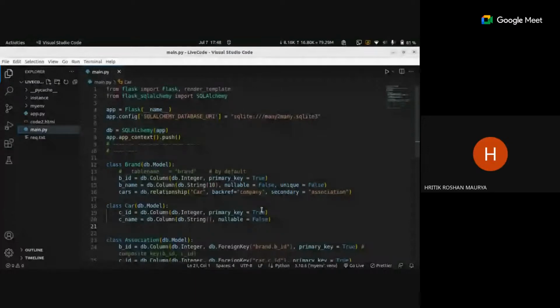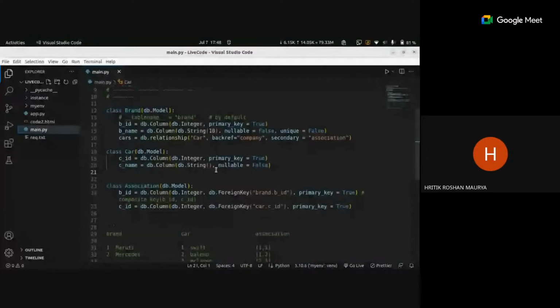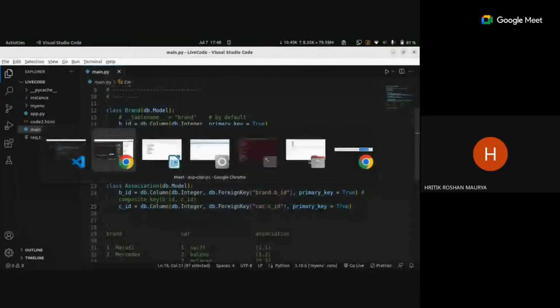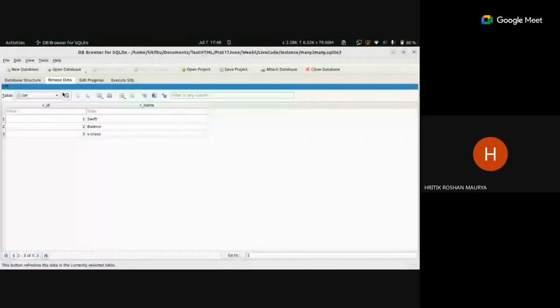Is there any mistake in these lines, this association table? No, so directly we won't be able to tell you. Is it showing any error? Sir, is my screen visible to you? The car, everything is added,